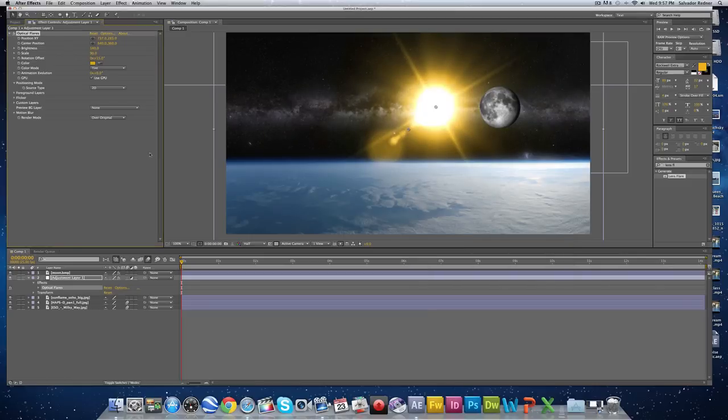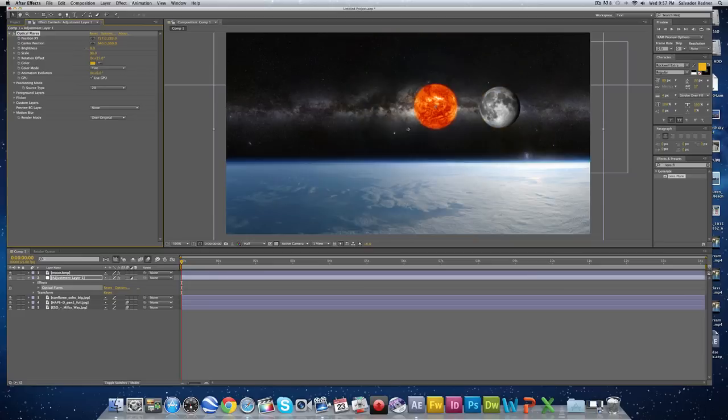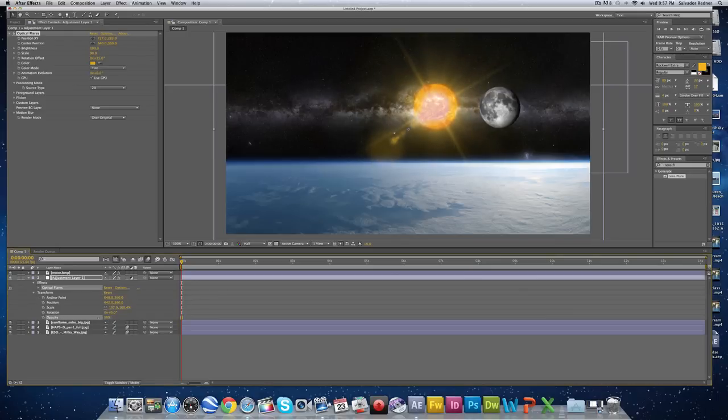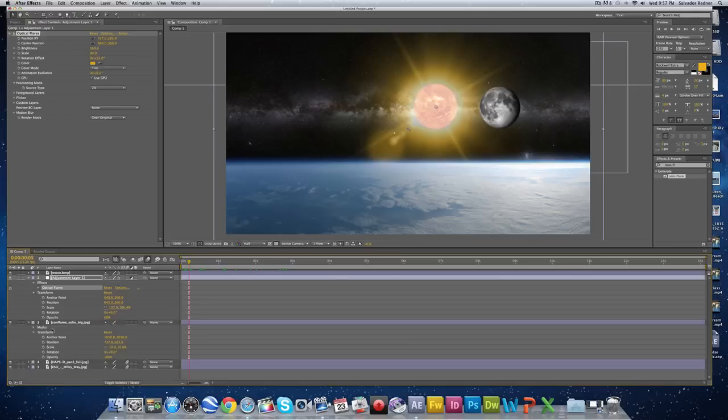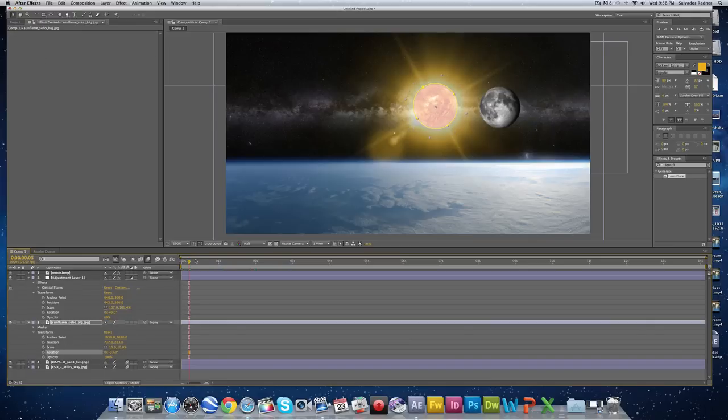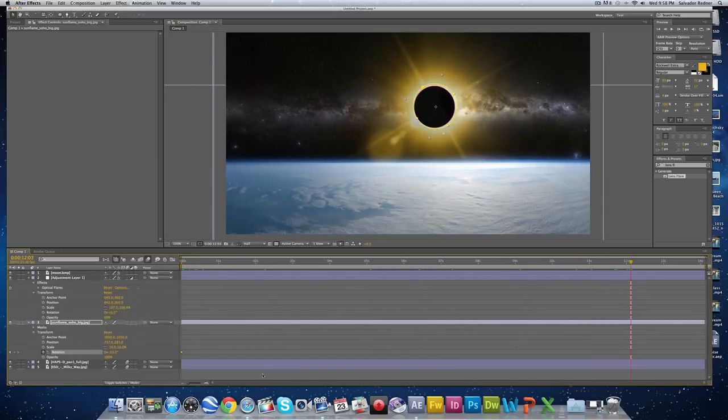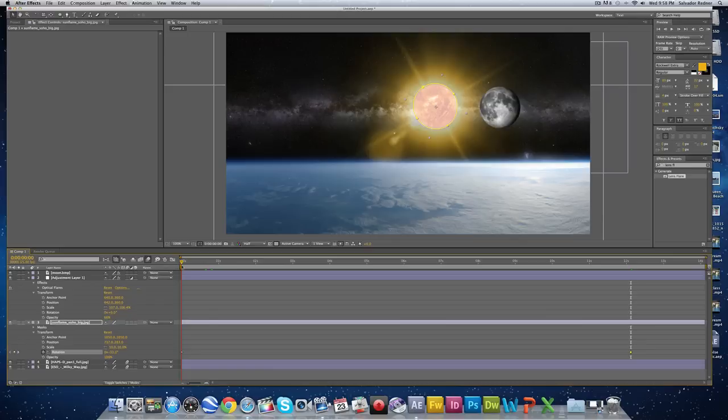And what you can do from here is you can lower the brightness. You can see the sun here, and you can even lower the opacity. So you go to transform here, lower the opacity a little bit here, and the brightness can be up here like that. And then what you can even do is you can get the sun here, and you can rotate the sun. If you click here and you click rotation, and you move over here, you can get a little rotation going like that. So as it's going here,